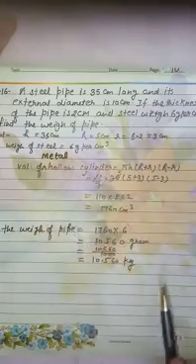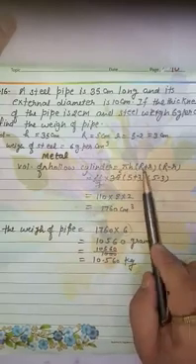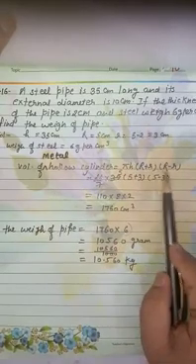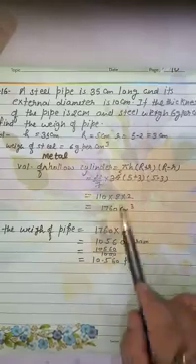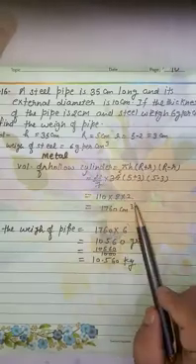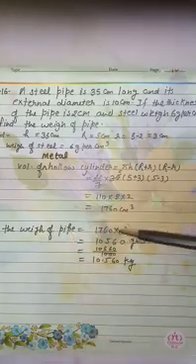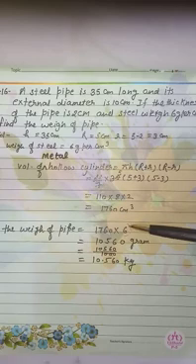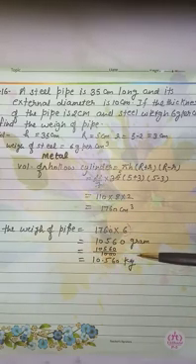So class, volume of metal of hollow cylinder is pi h bracket capital R plus small r bracket capital R minus small r. Put the value of pi, h, capital R and small r. So this will be the volume of metal of hollow cylinder. Now the weight of the pipe. Class, we will multiply the volume by 6, then we can get the weight of pipe, which is 10.560 kg.